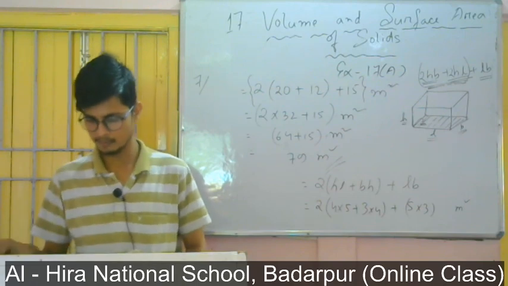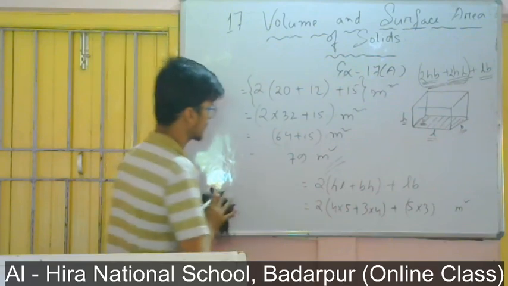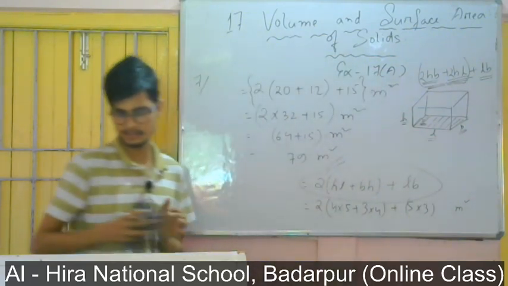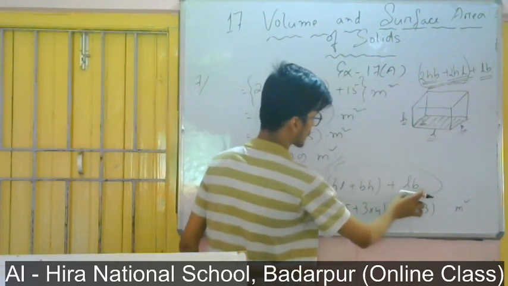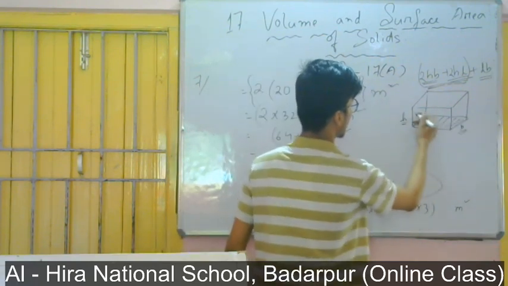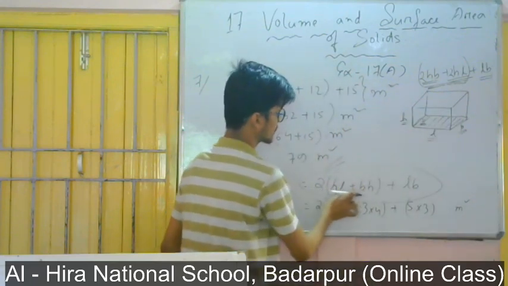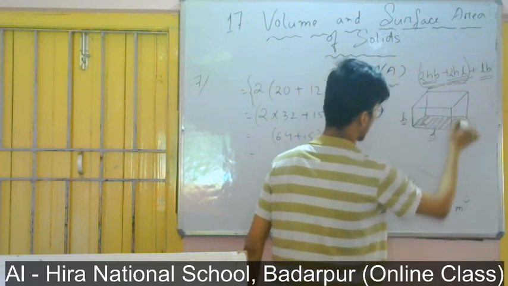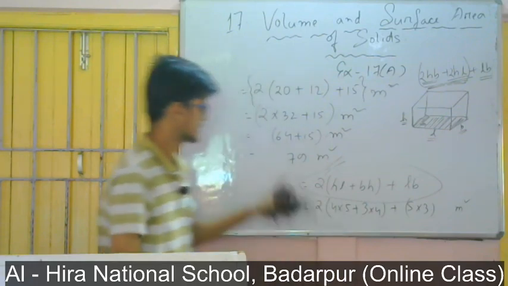That means, once after finding the total surface area, you use this formula in question number 8 also, same 2 into HL plus BH and then plus LB, same like this one. Swimming pool also you can take it as a cuboid. There are 4 walls, so you have to measure this one. The area of the 4 wall is 2 into HL plus BH, and the cost of cementing the base also, that means this one, it will be plus LB. You use the same formula, you will get the surface area like this.